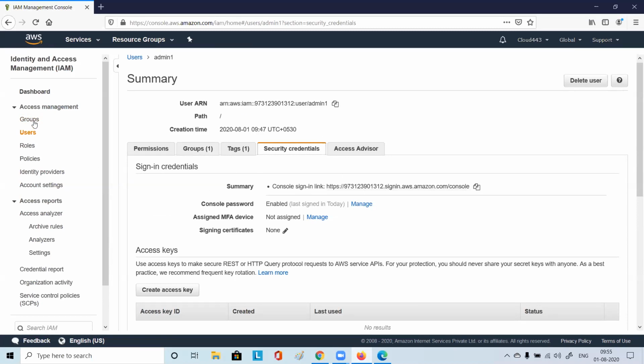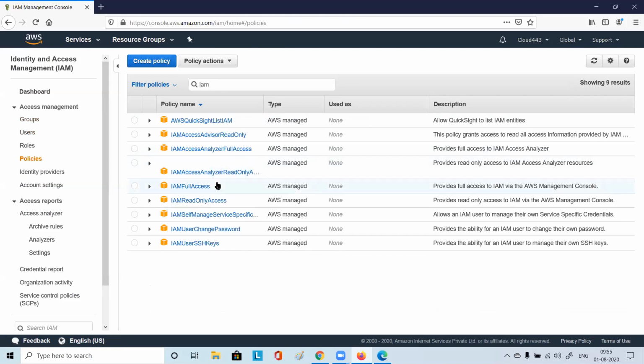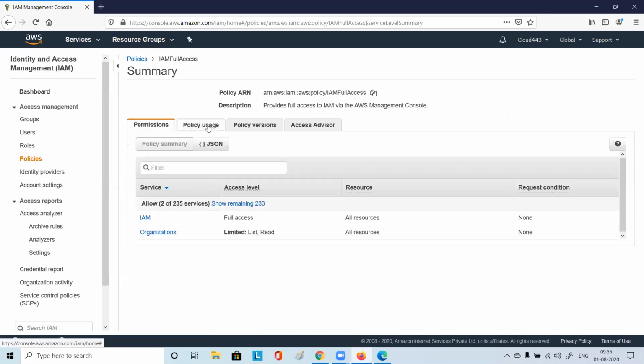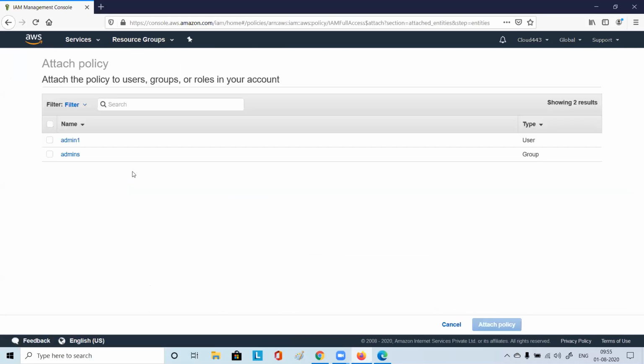So maybe we can try to attach some other policy. So maybe something related to IAM policy. So maybe if I give IAM full access, right? So here you just say like attach admin one, and you attach the policy.